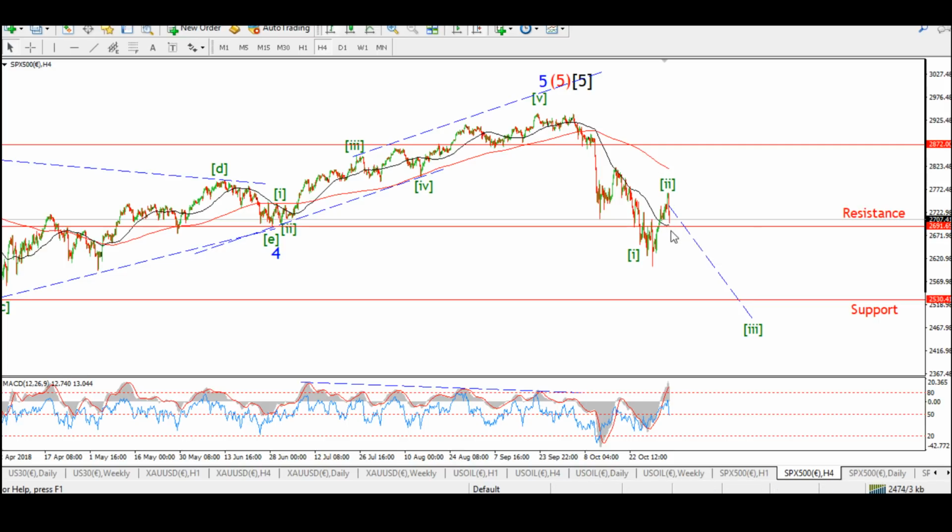Again, the S&P is down quite hard today. We're back down towards that 50 MA on the 4-hour chart, and we have that previous fourth wave support there at 2691, and we're coming back down towards 2691 again. I think if we break 2600 next week,